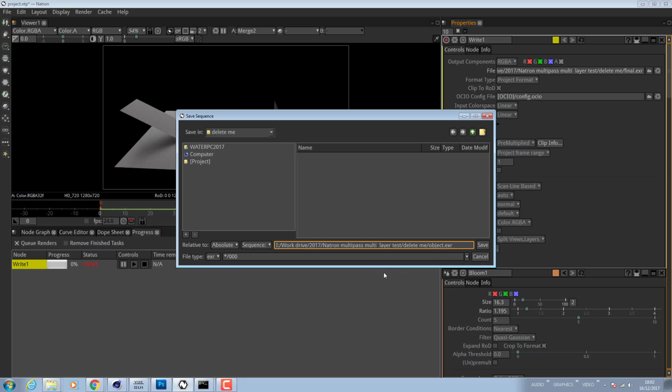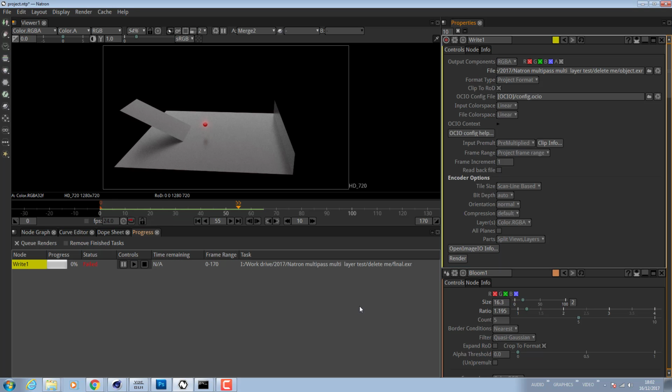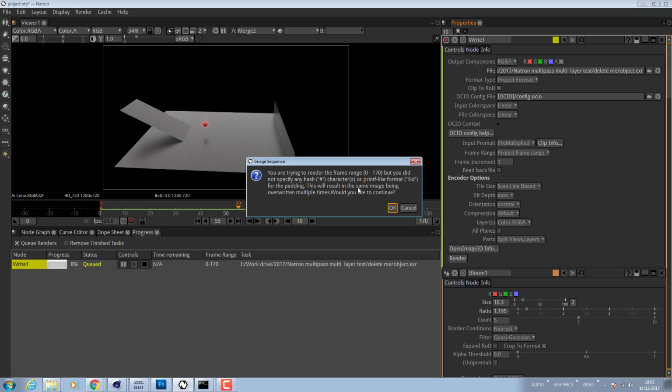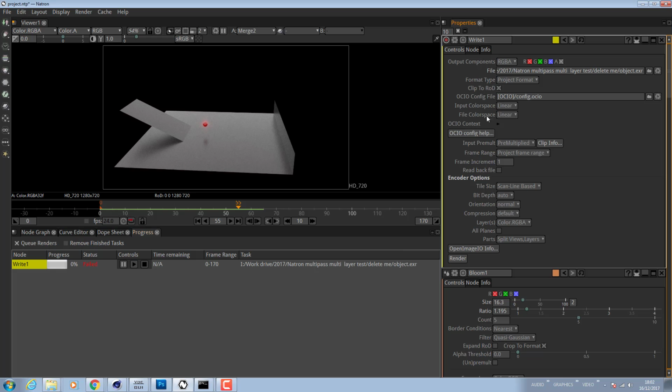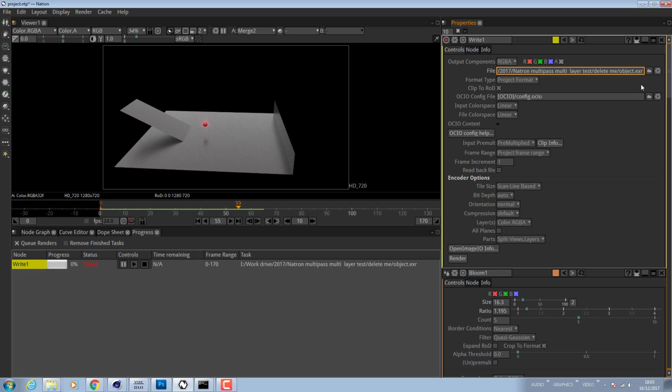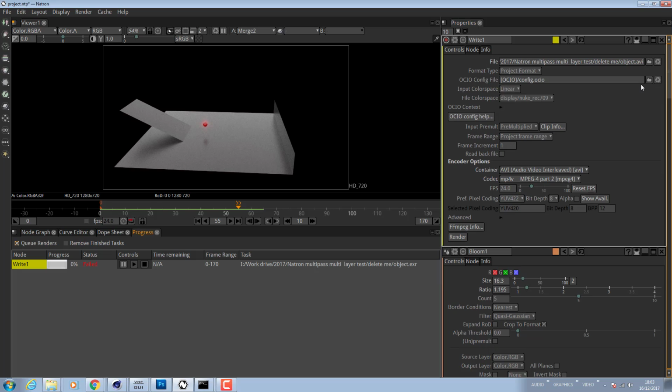I'm just sort of having a stab in the dark here. And obviously, what you can do is separate the files out. So what I'm going to do in this particular case is write out a different file type, because I'm not quite understanding what's going on with this. So I'm going to go for AVI, and then